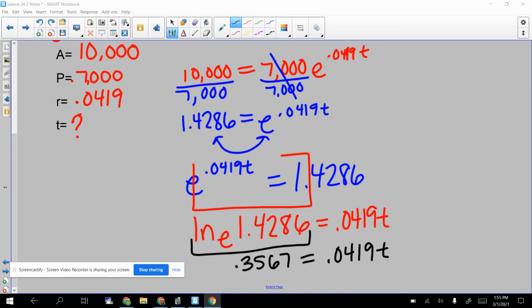And then to get t by itself, because remember, that's what we're solving for here. We're solving for time in years. We're going to have to divide by this 0.0419. And that'll cancel to leave us with t equals